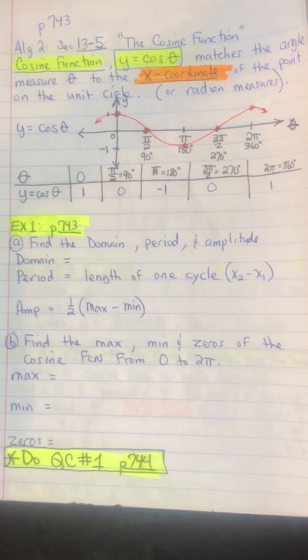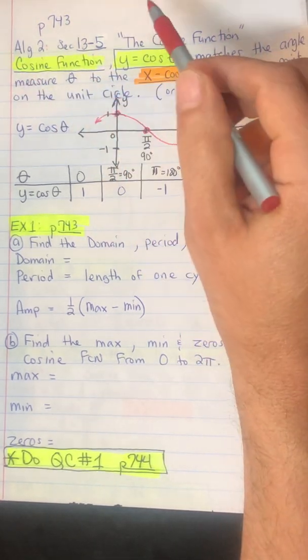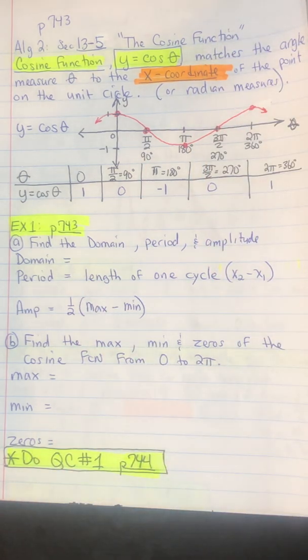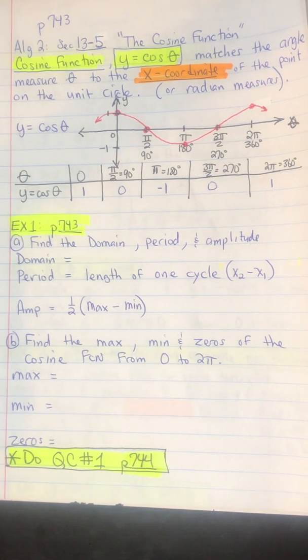We're going to do section 13-5, which is the cosine function. We did 13-4 last week, and it was the sine function. I showed you how to graph both the sine and the cosine function. And the cosine function, again, obviously you're going to be taking these notes down, and then there's going to be